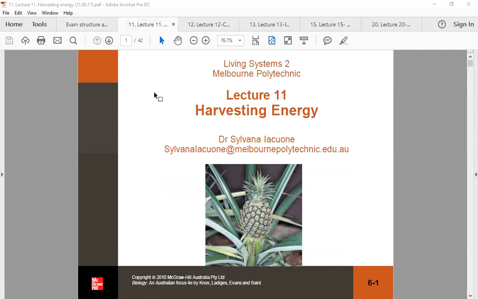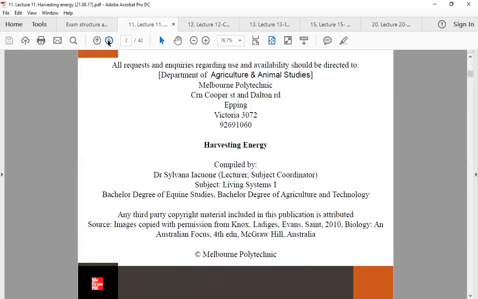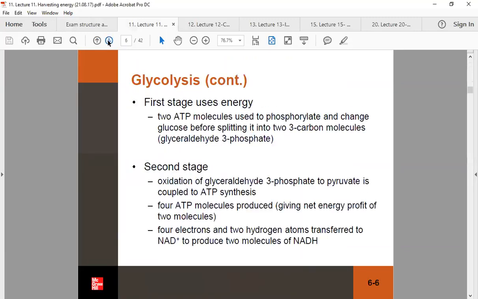So of course, we can't revise everything, because that would mean that I'd basically have to repeat all the lectures, and that would probably exhaust everyone, including myself. So I'd like to focus on some key points in some of the lectures, starting with harvesting energy. So let's go through to